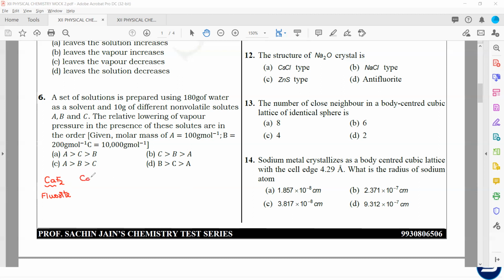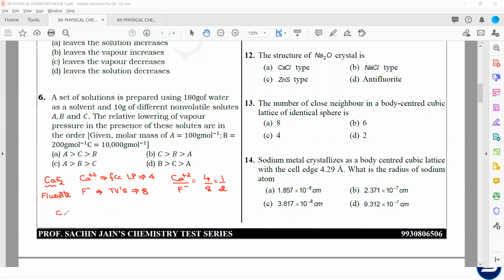So here the cation calcium plus 2 occupies the FCC lattice points, meaning it will be at the corner and at the face center, and the fluoride ion, the anion, will be present at the TVs. It will occupy all the TVs. So corresponding to the FCC lattice points, there will be 4. If there are 4 cationic units of calcium plus 2, how many TVs will be there? 8. That is why the ratio of calcium ion to fluoride ion is 4:8, and that satisfies the formula of CaF2.